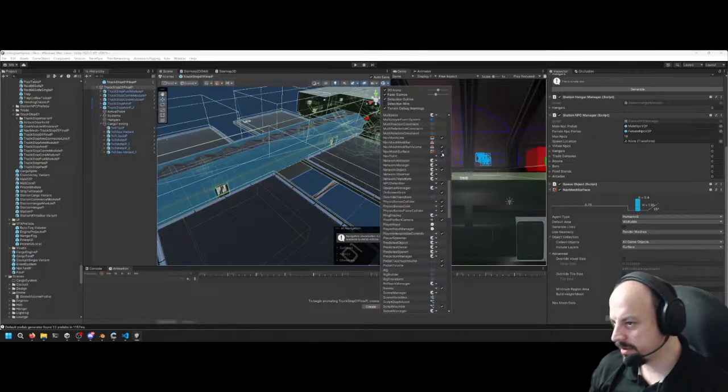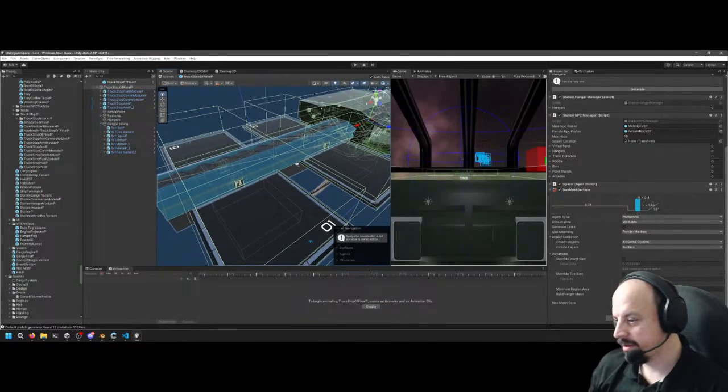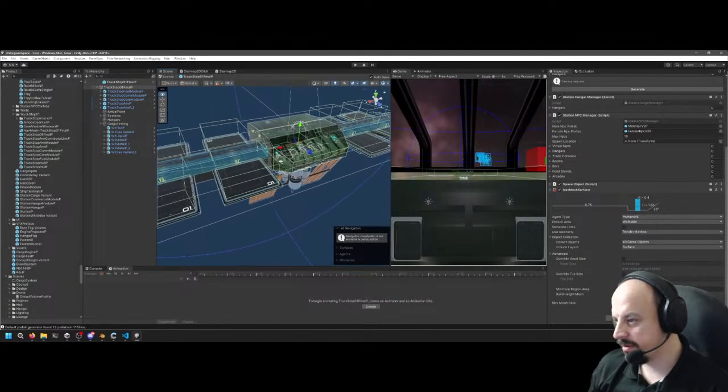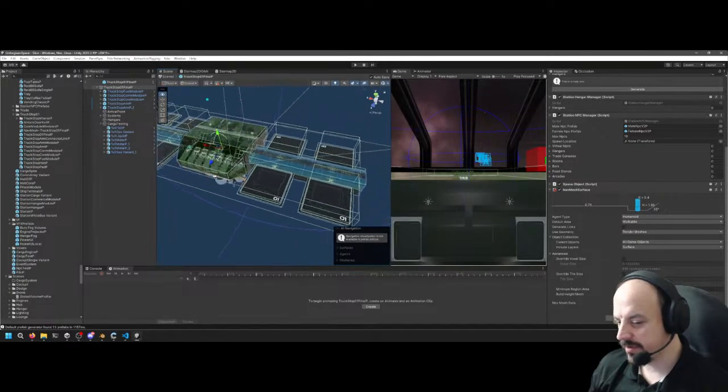Nav mesh surfaces. I'm getting the nav mesh bands, but not the nav mesh surface.